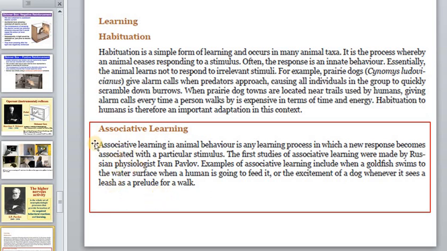His study. Associative learning in animal behavior is any learning process in which a new response becomes associated with a particular stimulus. The first studies of associative learning were made by the Russian physiologist Ivan Pavlov. Examples of associative learning include when a goldfish swims to the water surface when a human is going to feed it, or a dog's reaction whenever it sees a leash as a prelude for a walk. Of course,